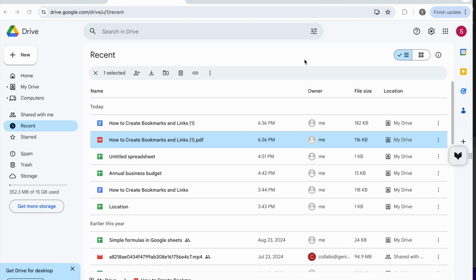In this tutorial, I'm going to show you how to open a PDF file with Google Docs. So the first thing, you need to have the PDF doc in your Google Drive. I have it here already uploaded, but if you don't have it, what you can do is come here